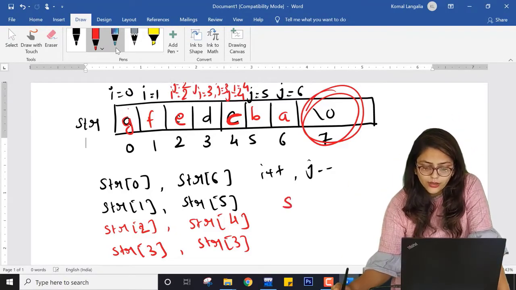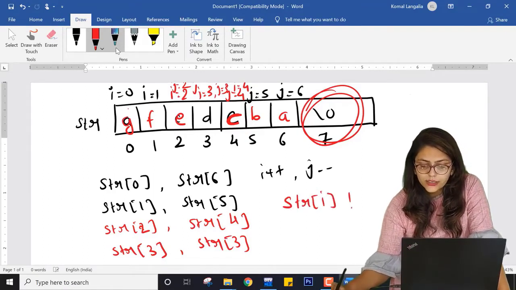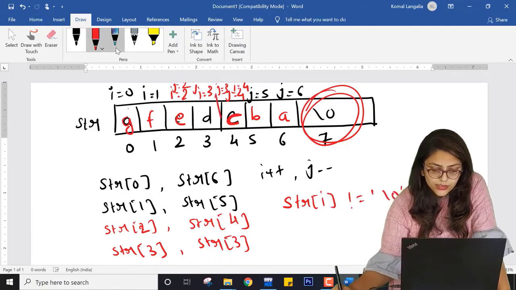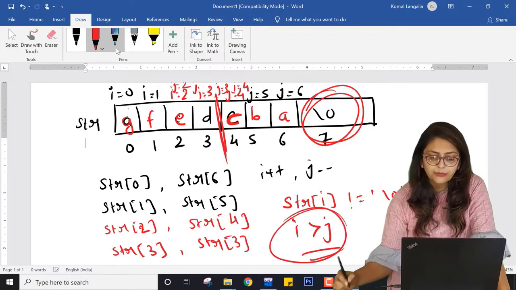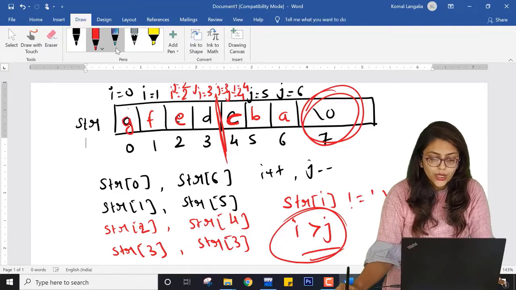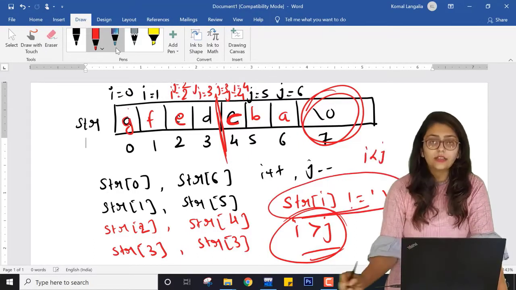So I cannot write the condition str of I is not equal to null. Why can I not write that? Because once the value of I is greater than J, that means I am swapping the elements again. So the condition will not be like this. The condition will be I less than J.